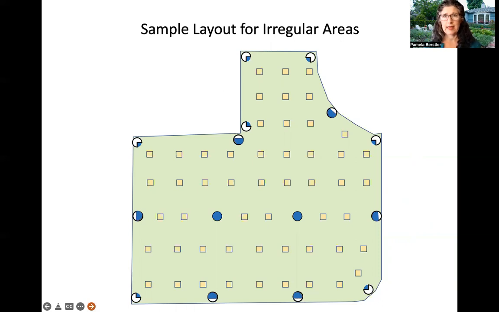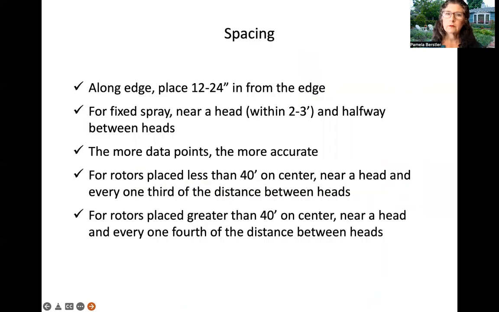So I took this sample layout from a site online, and then I went ahead and laid out the catch cans. And again, the philosophy is the same. You're no closer than 2 feet to any given spray head. And then you try to lay out those cans in a way that is going to give you as much coverage of the area as possible. So again, the spacing is 2 to 3 feet from any given head, no closer,